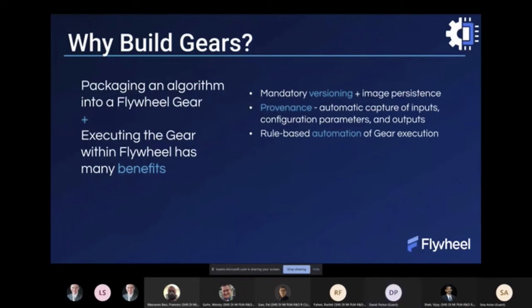We call these gear rules. One of the most common uses of gear rules is to automate basic pre-processing that you do to every single piece of imaging data that comes into your system. So, for example, typically people run something called the DICOM classifier, and what this does is it reads DICOM headers, tries to assign a classification, meaning, is this functional, T1, T2, behavioral, what is this image exactly? And it takes the DICOM headers and puts them in a Flywheel metadata format that you can now easily search